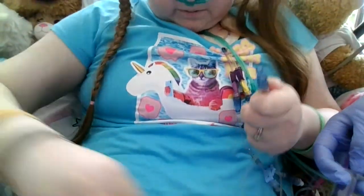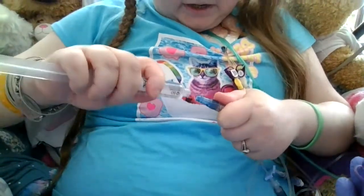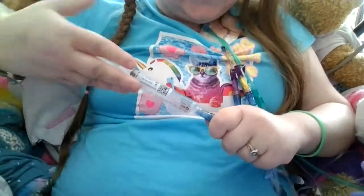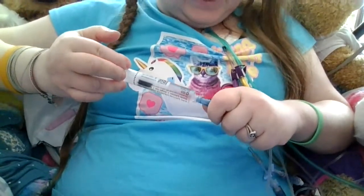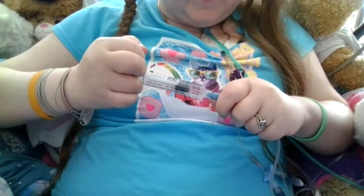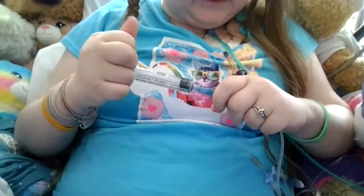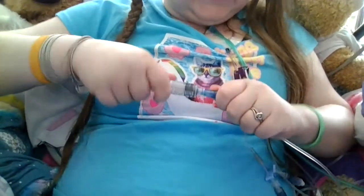So now I've pushed through a saline flush now that I pushed my steroid through. If I don't take that steroid, my blood pressure drops dangerously low and I'll black out and lose consciousness for up to 24 hours in a row. If it goes any longer than that, I have to go to the hospital in my wheelchair van, unconscious, because